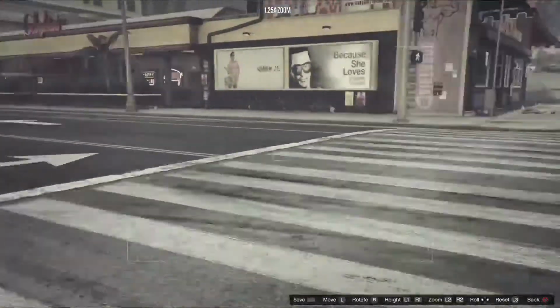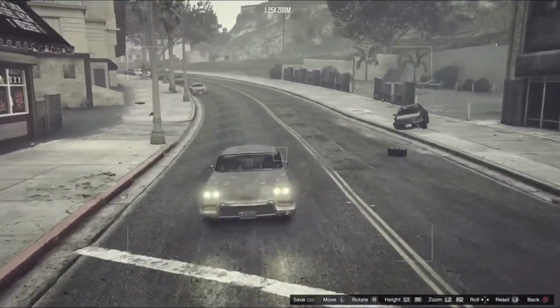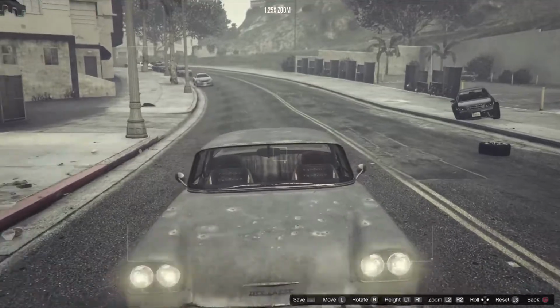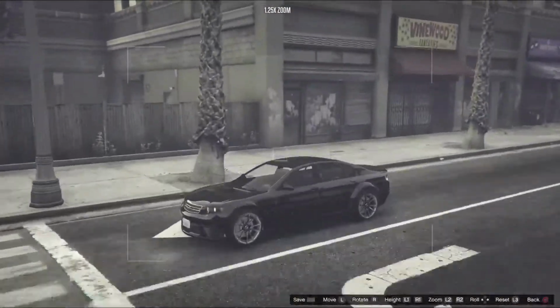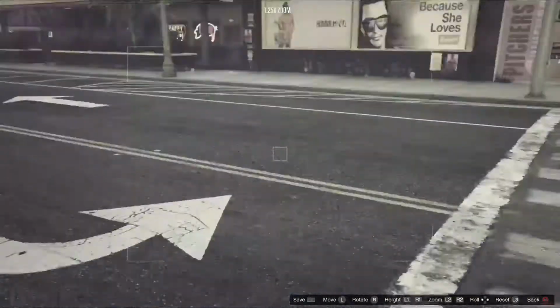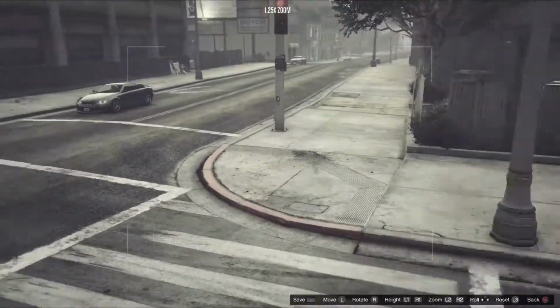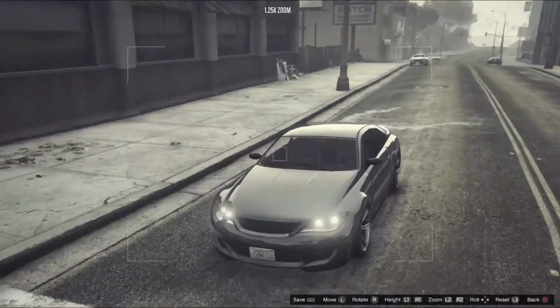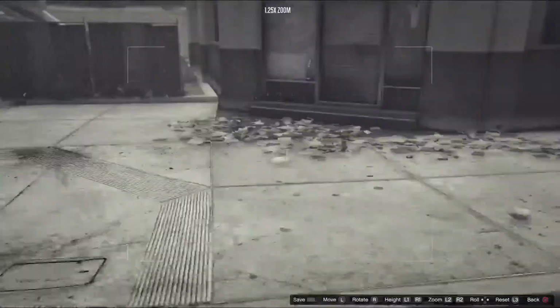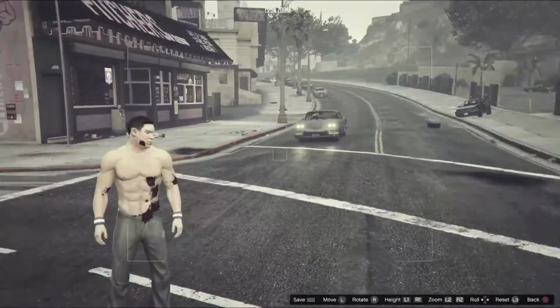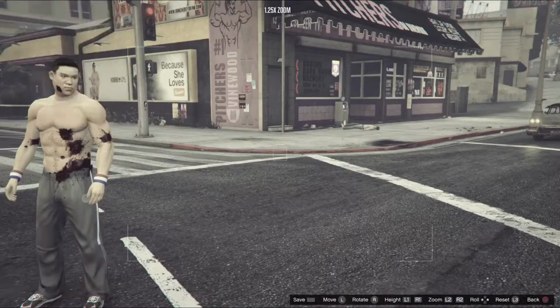So I am going to go for this car, for example. Actually, there's no one in this, so it's not going to actually work. And neither was that one, because for some reason there's no NPCs, which is weird. Yeah, that's very weird. I don't know why there's no NPCs. But what I'm going to do is make a quick